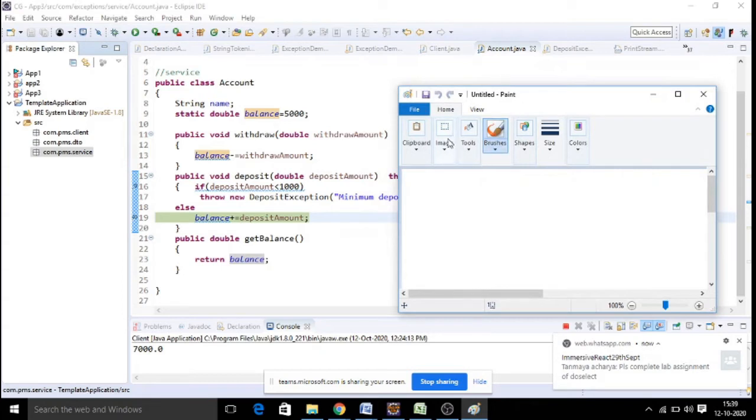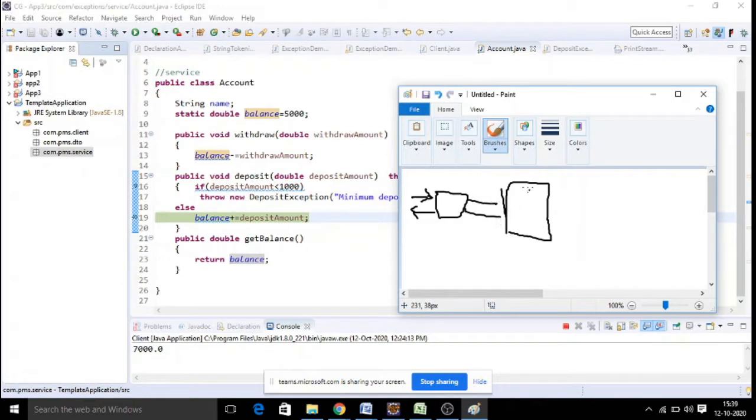See here, whenever you are going to run your application, first of all you will be writing an end user program. This is called your client application, where you run the program and you get the result also. This is going to interact internally with one program called a service class. But before it goes to the service class, whatever data the end user submits has to be stored into one component, and there are multiple names for this.